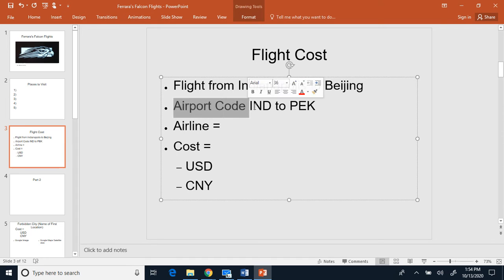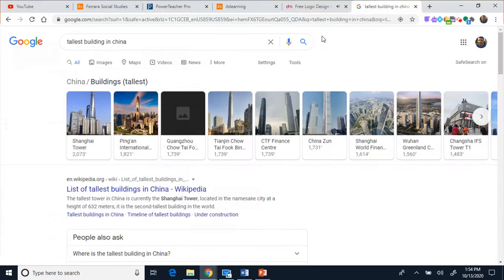The airport code for Indianapolis is IND. The airport code for Beijing is PEK. Why is it PEK? Back in the day, we used to call Beijing Peking. So it used to be PEK and then ing. So that's why the airport code is PEK. Anyways, once you have that all set,